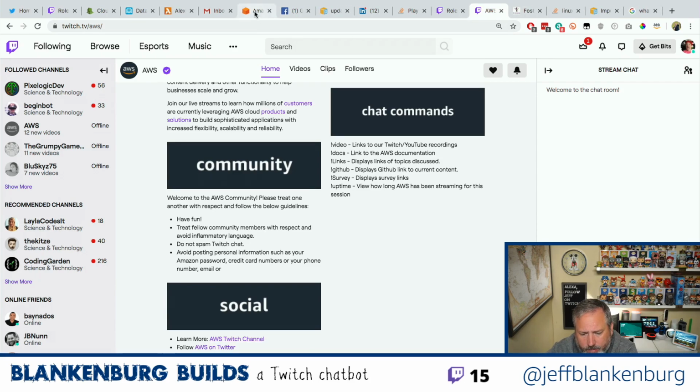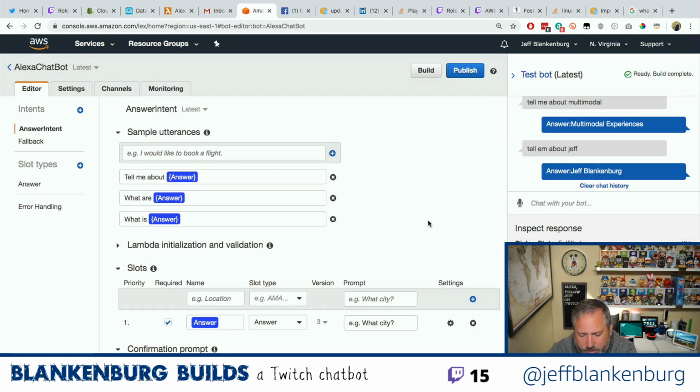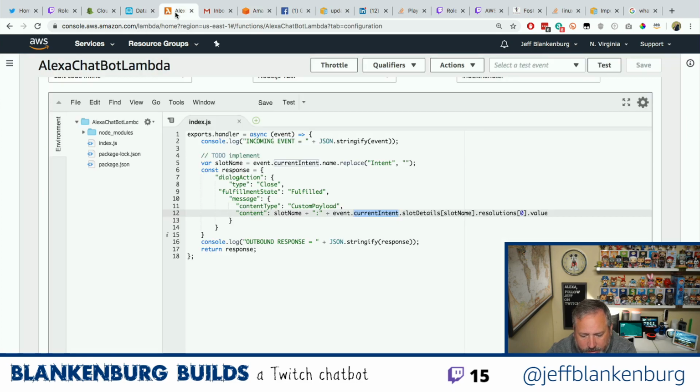Okay, what was I doing? I was trying to figure out how I differentiate between two values and how do I pass those back as part of my Lambda function. So my Lambda is running here. I have this incoming event call.